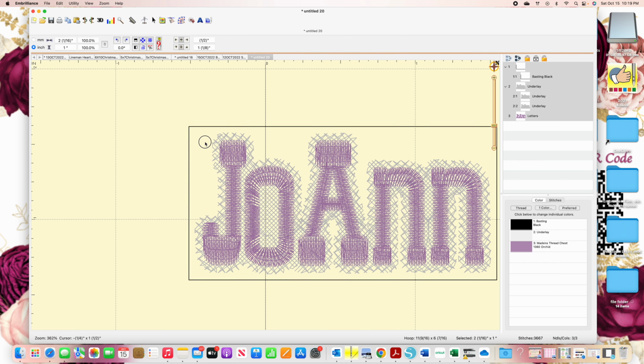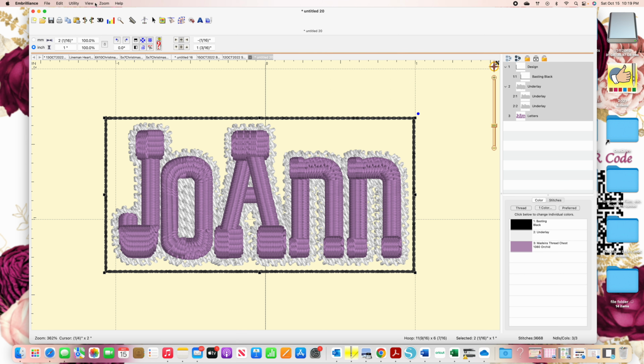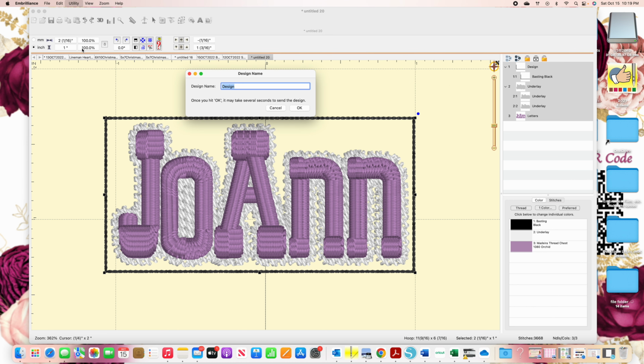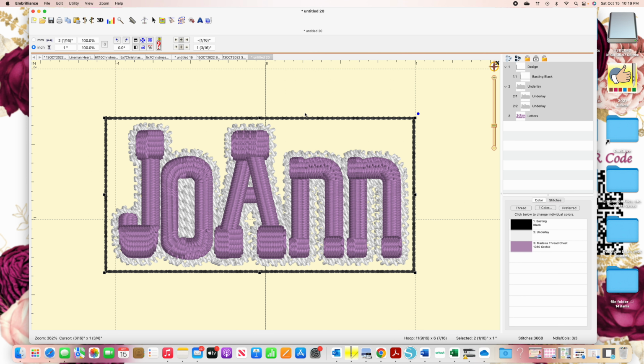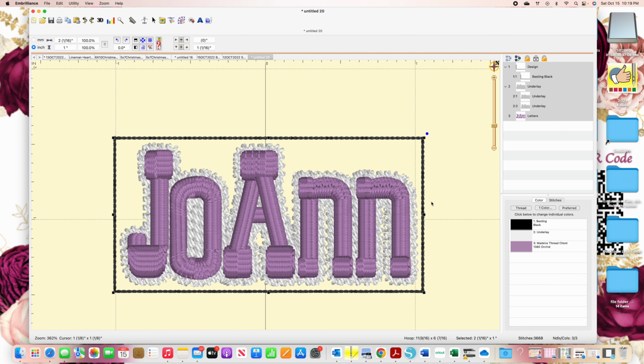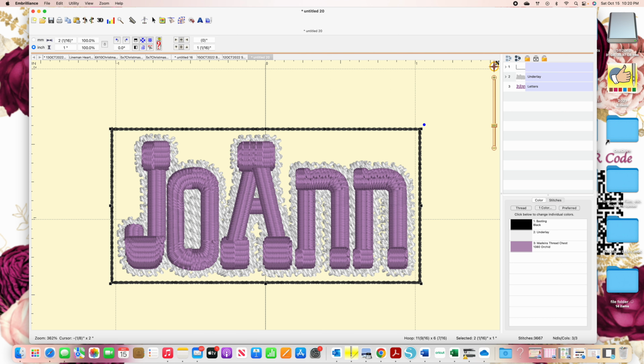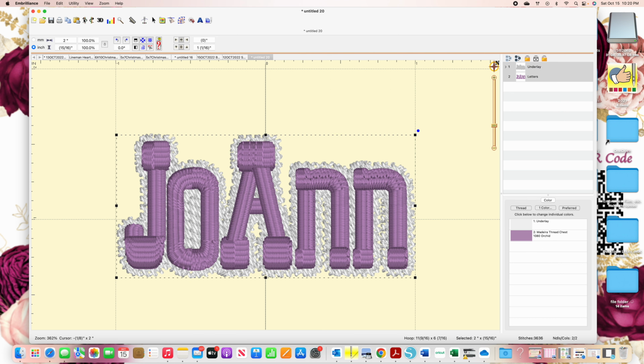and then my design would go over to my machine, and I could click on send to Solaris and tell it to go over to my machine, and it will go over wirelessly if you have that wireless capability on your machine. And it will baste that design. You could also just baste the hoop, if you had more things. But I'm going to take the baste off and tell you about,